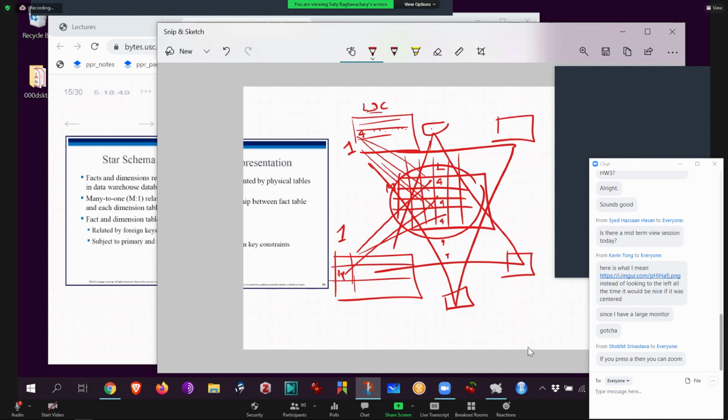A location called store ID 4 will also have extra columns that we can manually fill because we know where store number 4 is. This is where I can have a city column. And if store 4 happens to be in Los Angeles, I'm going to say LA. And if store 8 also happens to be in LA, I'm going to say LA. If store 20 happens to be in Santa Barbara, I'm going to say Santa Barbara, and so on. Likewise, I can have a state column. And because all these cities are in California, in the state column I can manually go and add California. So these extra columns are all coming just from that one column, okay?